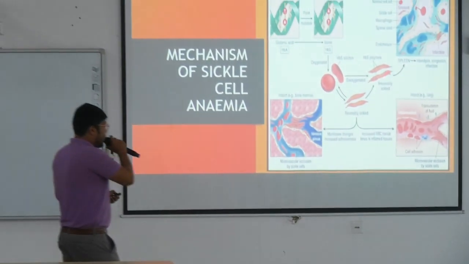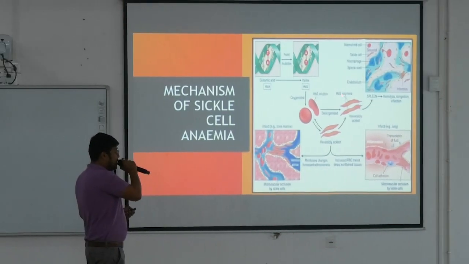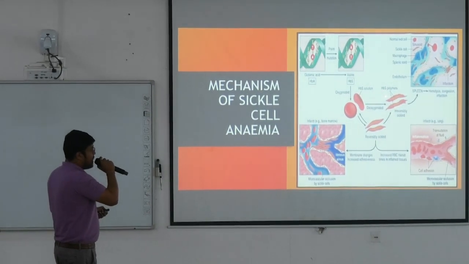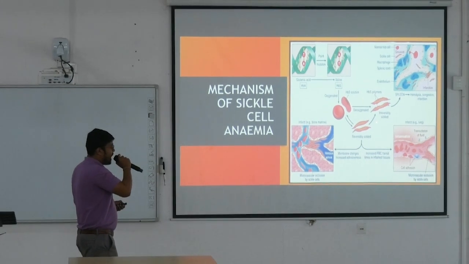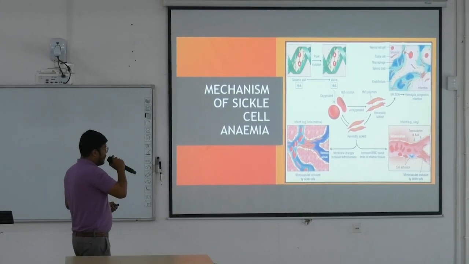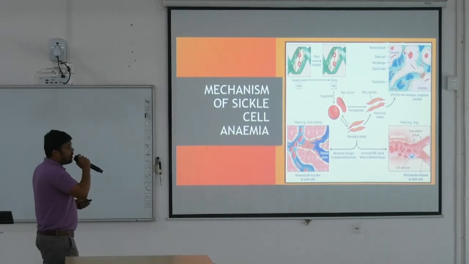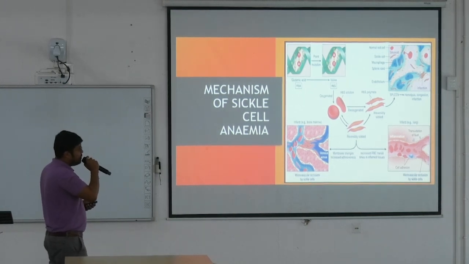So the irreversibly sickled cells form HbS polymer which aggregates themselves and makes a clot in the vasculature, causing the vascular symptoms,